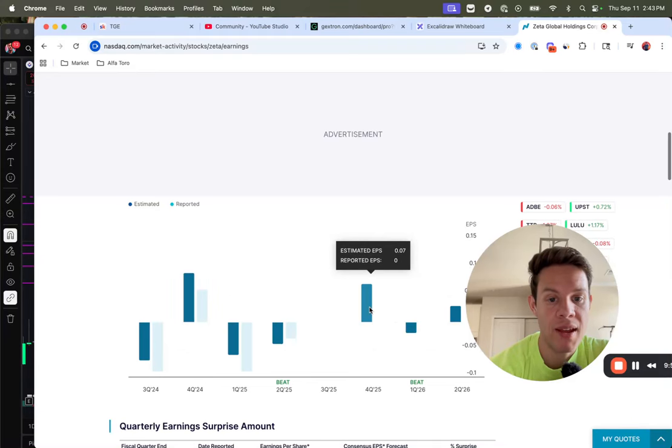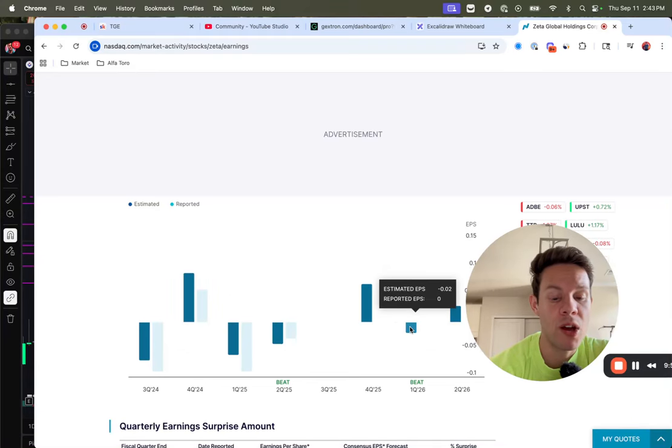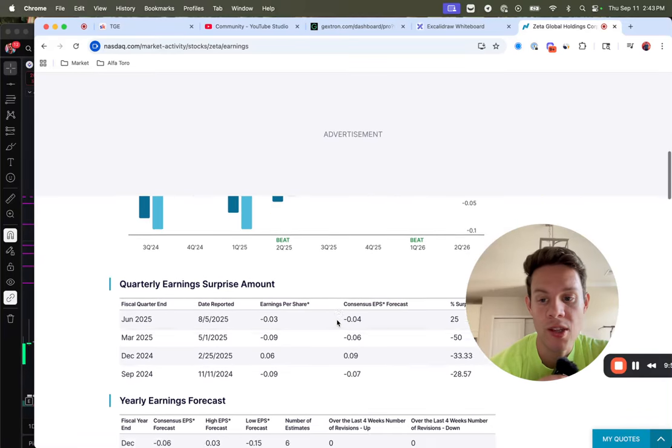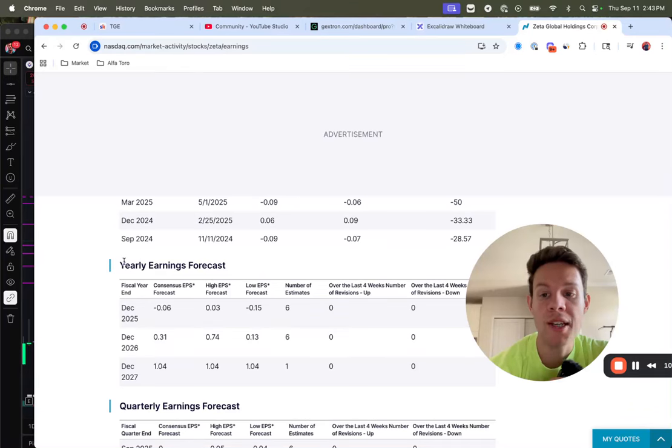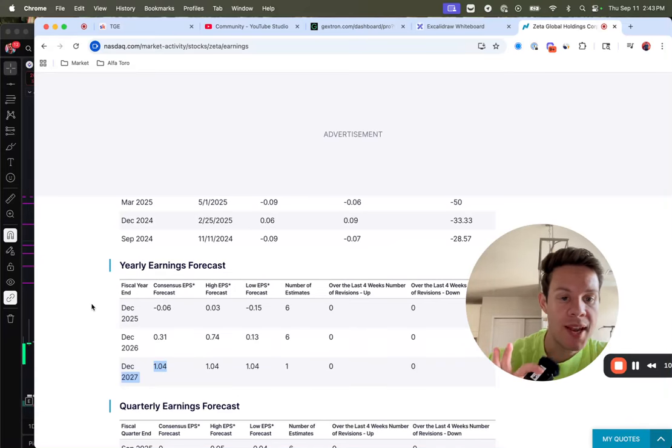And here's also the other thing. When I scroll down to the yearly earnings forecast, they are growing insanely from a negative EPS, which will be the end of December, to a positive, and then more than doubling from 2026 all the way to 2027 to 1. That is a really, really good EPS. I've done this multiple times, like with MU, solid company. Their growth is insane, and I want to capture as much of it as possible.